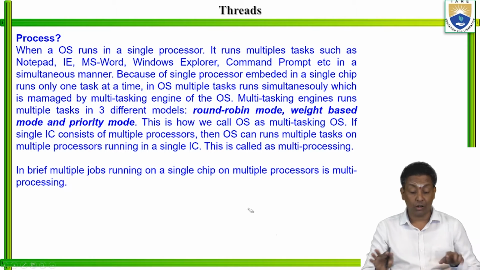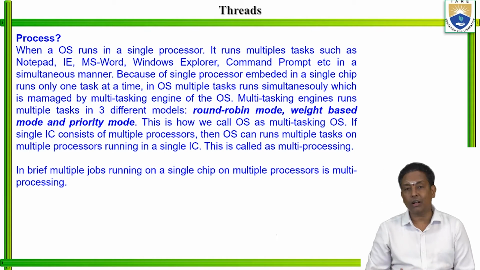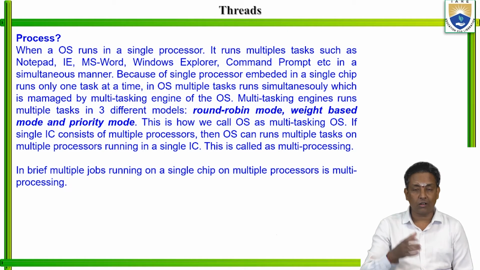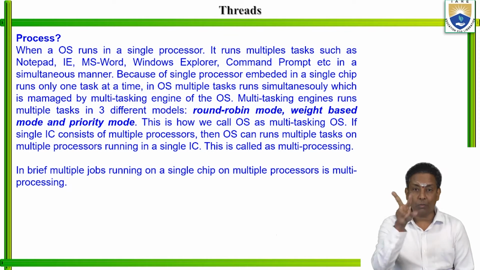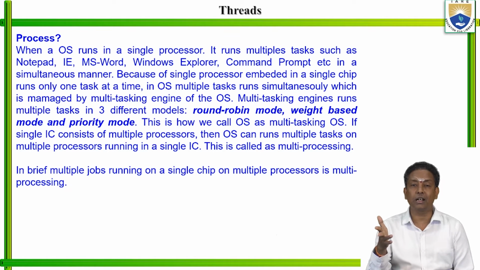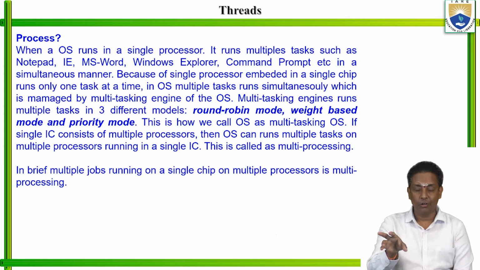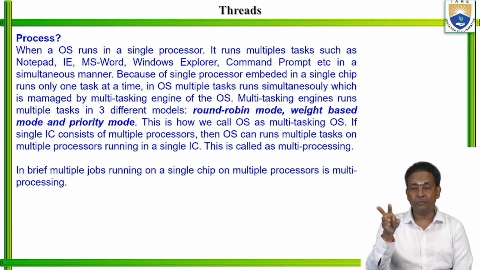If you press Ctrl-Shift-O, the task manager will open and all the foreground running tasks will be shown in the task manager. So in the recent operating systems, if you right click on any one of the tasks and say, I want to give low priority or medium priority, high priority, or you want to stop the task, you can choose from there. But you can't suspend the task or resume the task,